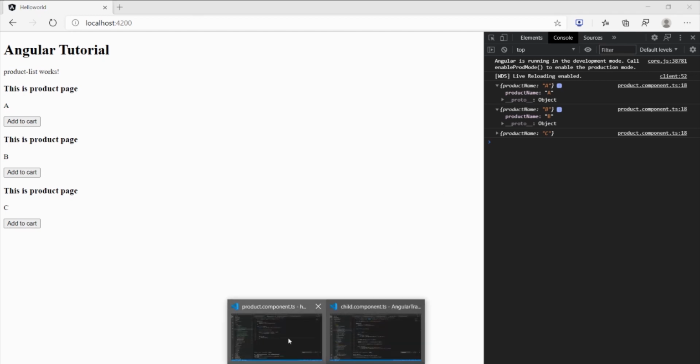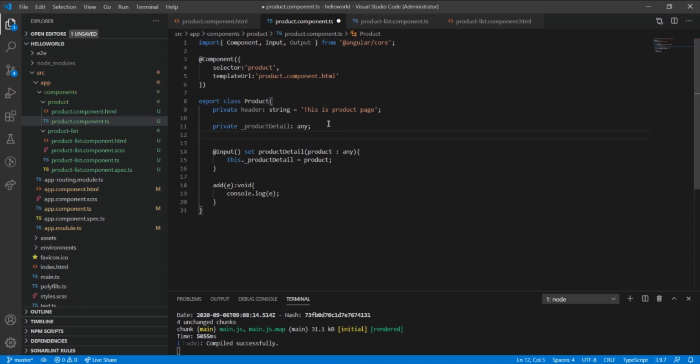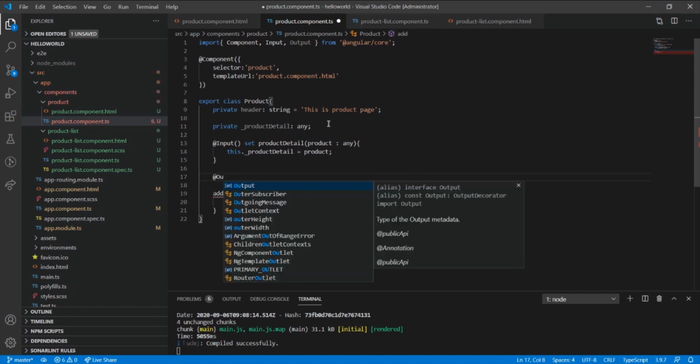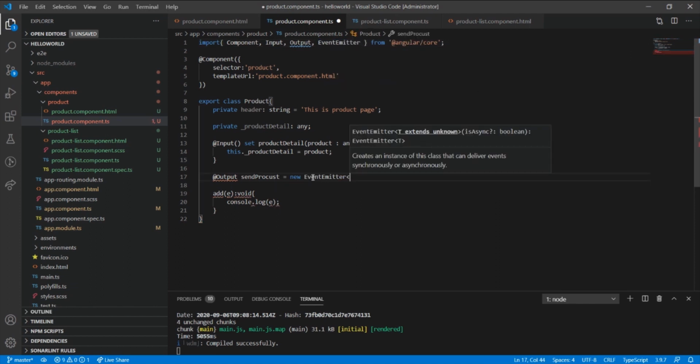Okay, so what we have to do, we have to define the output. So similar to input, we have this output decorator. At the rate Output, product, and we have to use EventEmitter. It takes the generic type.